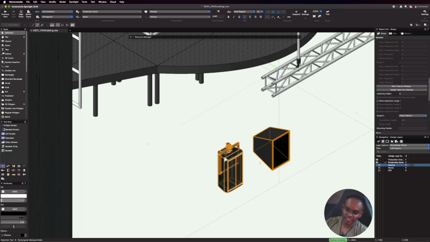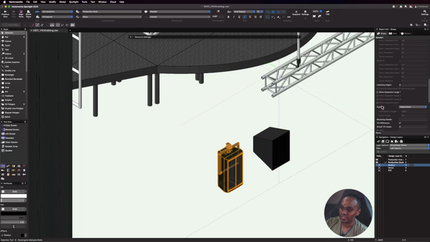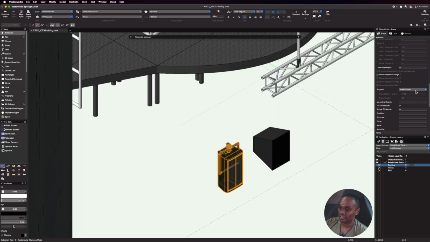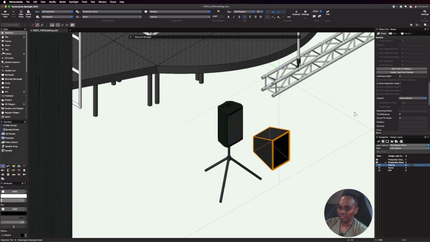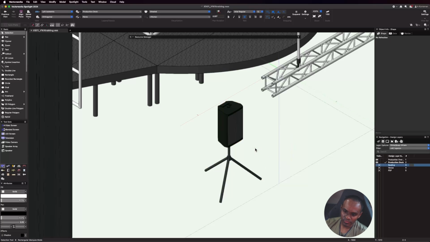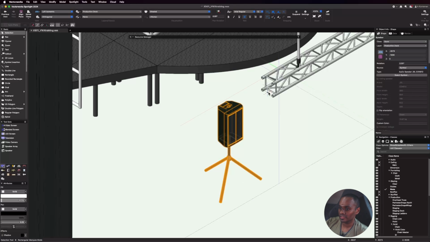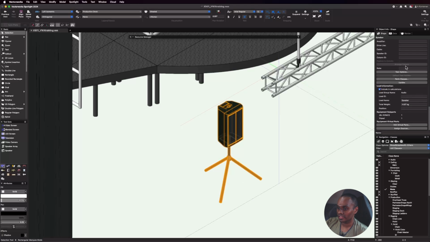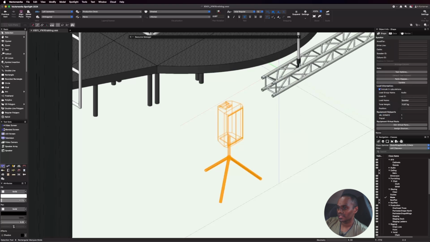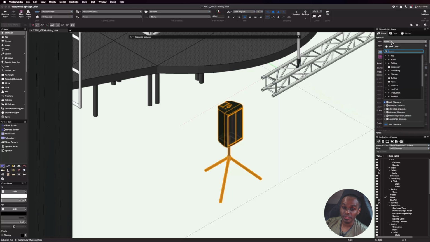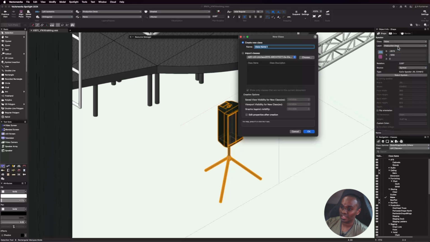Okay, for this particular venue, we're going to stick with the Eon 612, and it's going to be in a tripod configuration. Tripods is going to be at 900 millimeters, and I don't need this catalog. I'm just going to select this speaker and make sure that my parts classes are all defaulted, and then I'm going to move the speaker itself to its own container class. I'm going to put it in production audio,